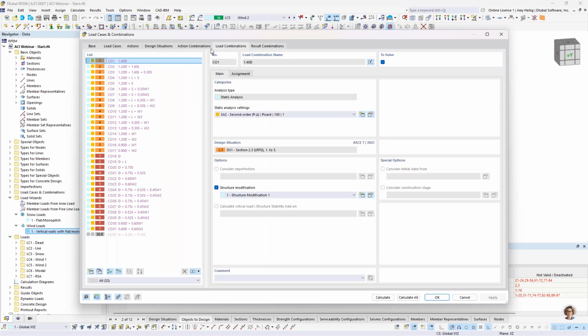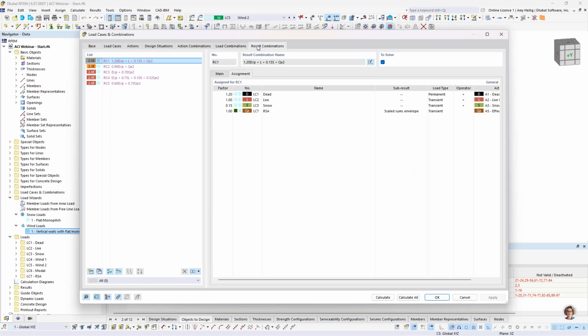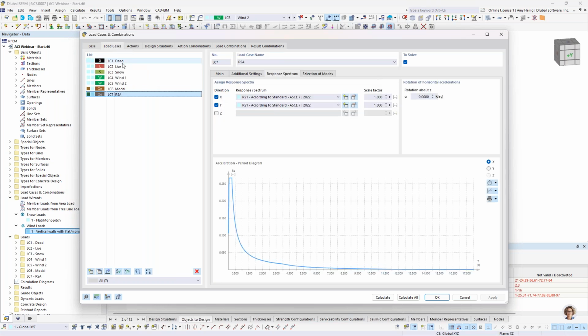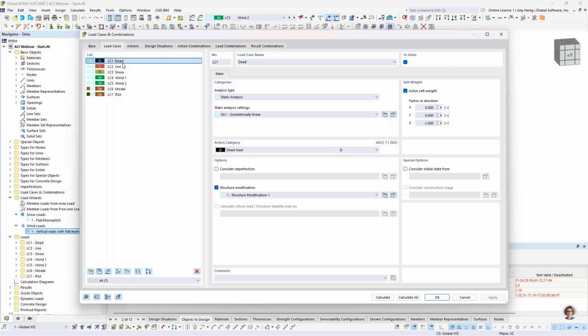This is different than a load combination, which is automatically going to be carried out according to a second order analysis considering P-delta effects. Again, this is covered in that response spectrum analysis webinar, but ultimately these result combinations also belong to those design situations. So one more thing I want to touch on is that you'll notice that for the load cases,